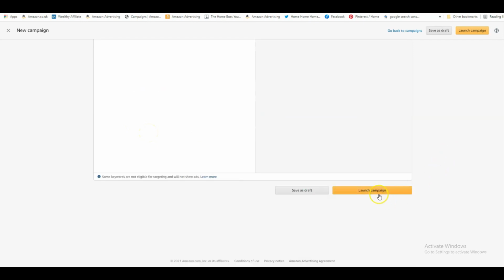And then once you're ready, you launch your campaign. You click launch campaign, and then that will be your manual ad setup. And then again, as usual, you wait for 2 emails. The first email will tell you that they have received your ad, and the second email will tell you that your ad is eligible, and that just means that your ad is running. It's a little bit confusing sometimes, but when it says it's eligible, that means your ad is running. And you can also double check on your dashboard. If you can see that your ad is running on your dashboard, then that means it's all okay.